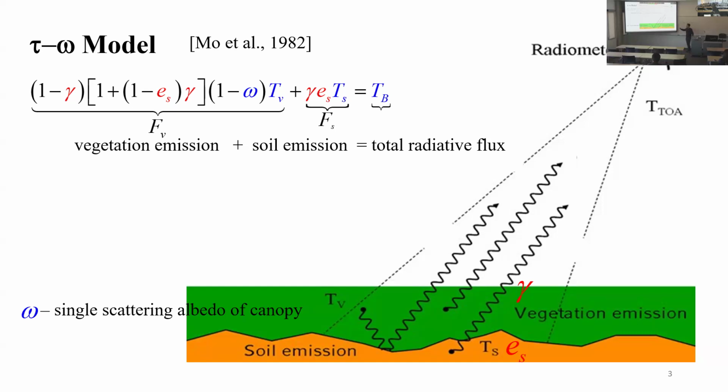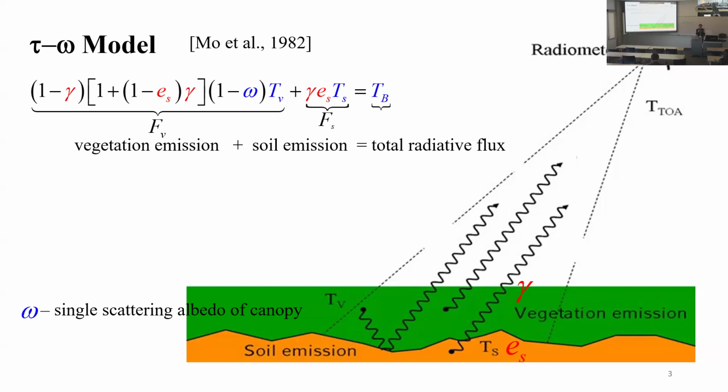And the radiation from the surface passing through the canopy will attenuate. It will interact with the canopy material, and part of the energy will be absorbed, so it becomes heat. The attenuation of the radiation from the surface through the canopy is represented by so-called transmissivity. So how much radiation passes through, right? That gamma is a number between 0 and 1. If it's 1, it means it all passes through. If 0, nothing passes through. So that gamma tells us